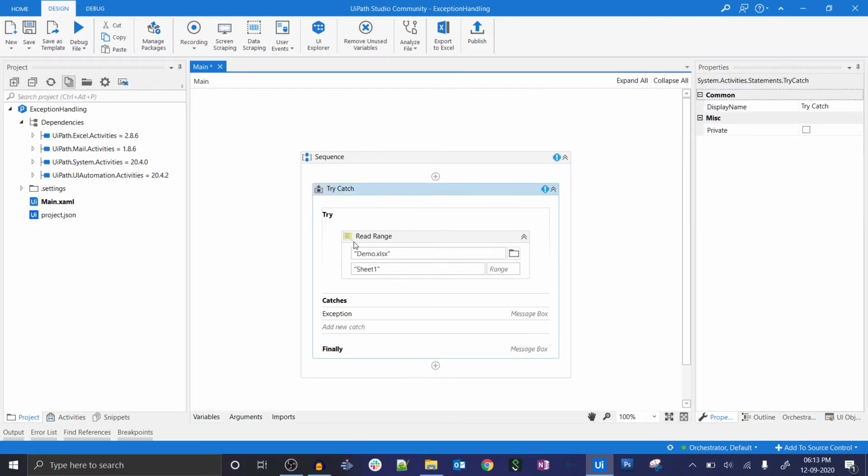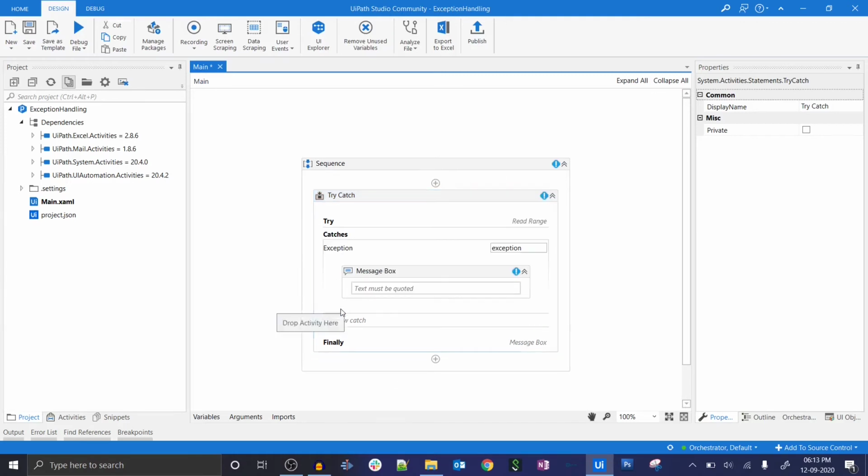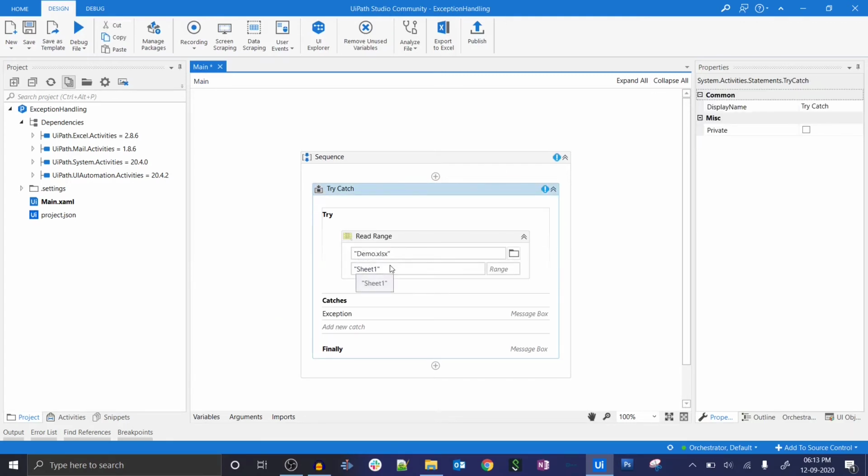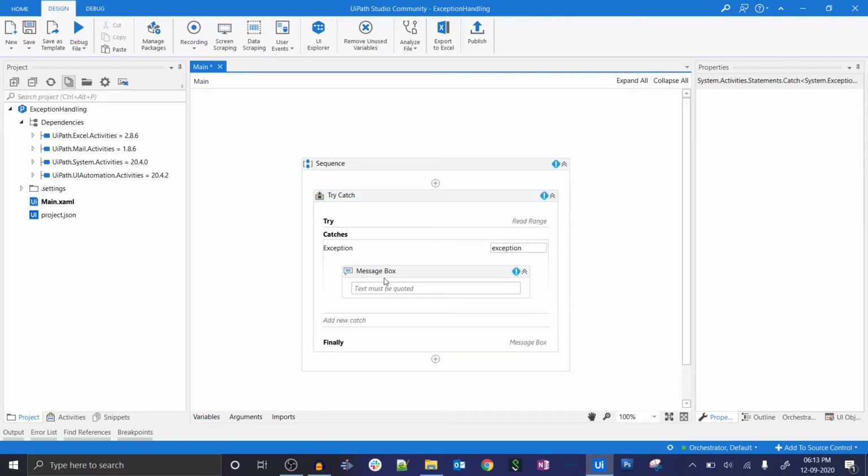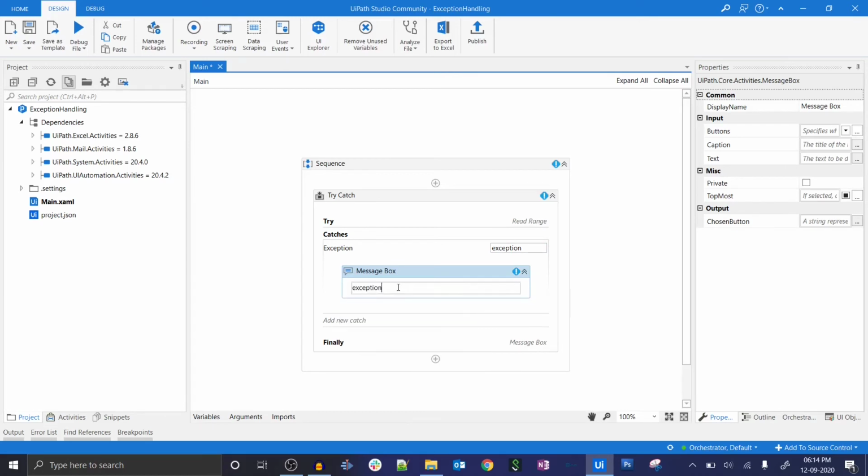But my requirement is to throw an exception so that it goes inside the catch block, so the demo.xls file will be open, and this catch block should handle it. The exception object is of type Exception, so we will handle it like this: exception.Message. This is the syntax that we use, and this is the object name.